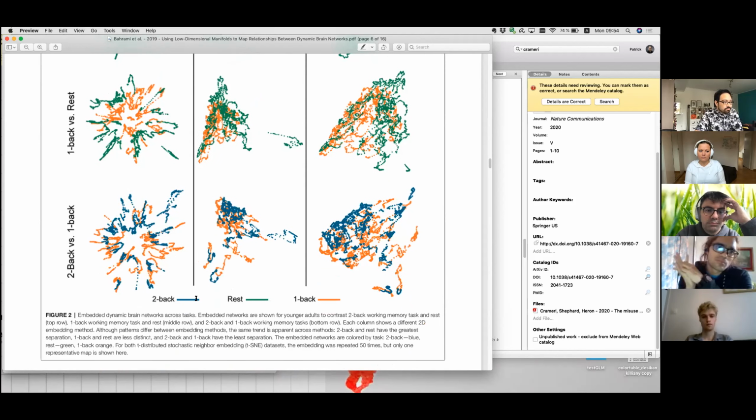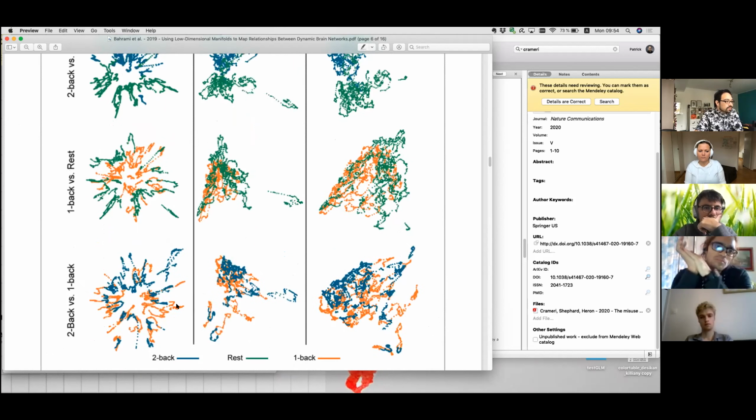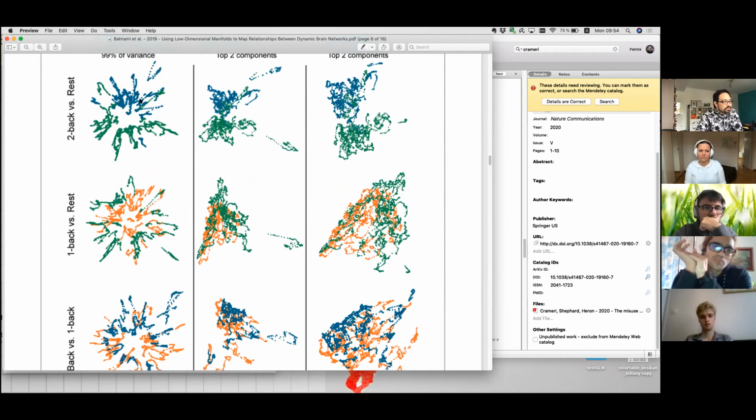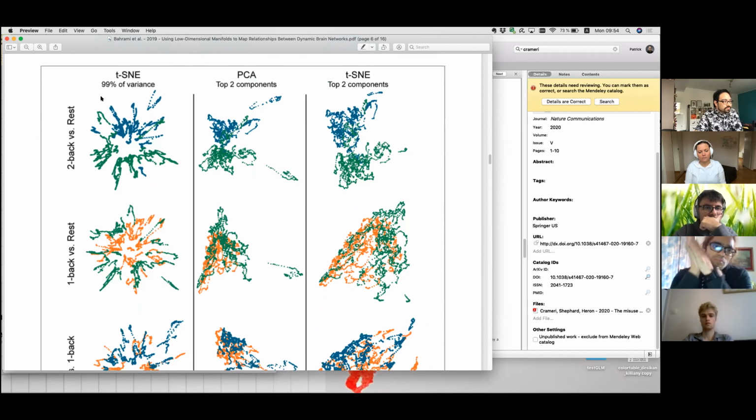The two-back task depicted in blue, resting state depicted in green, and a one-back task depicted in orange. And you can see here that networks, when we are looking, for instance, in this contrast here, networks that were gained from the two-back task versus the rest task in green are really somewhat differentiable. So these networks in blue somewhat cluster when depicted using this algorithm, and the green networks were on the lower